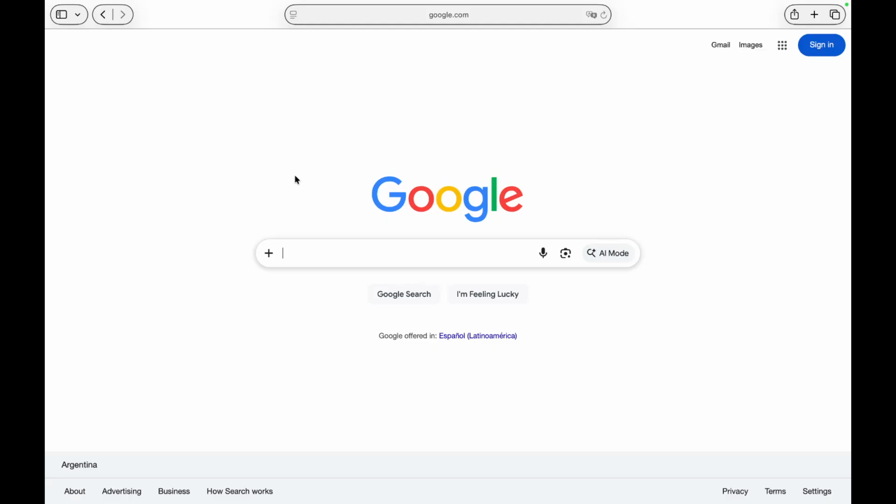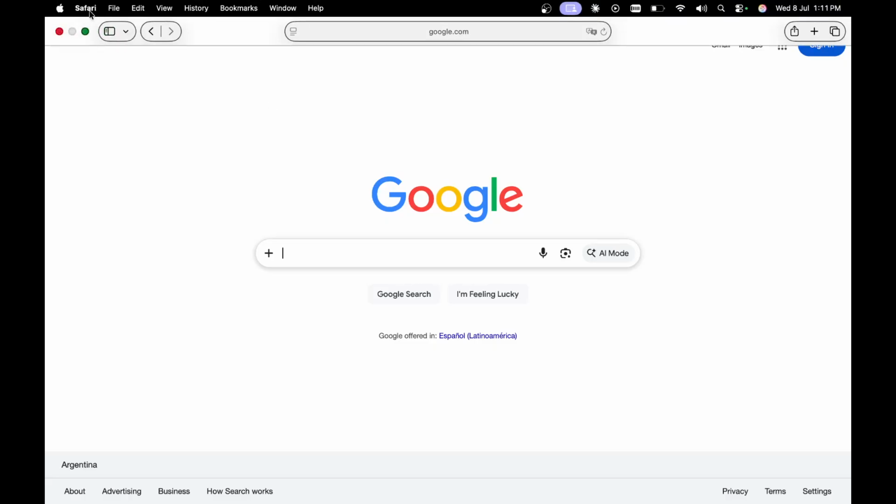You can find it in your dock, or you can use Spotlight by pressing Command and Space and typing in Safari. Once the browser is open, you will see your favorite websites, bookmarks, and the address bar at the top. Opening Safari sets the stage for managing your web browsing experience. It's essential to keep your browser running smoothly.